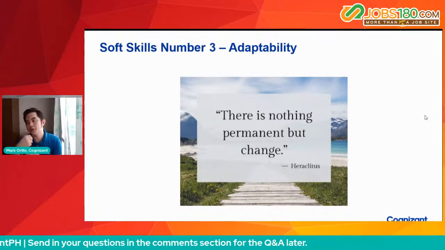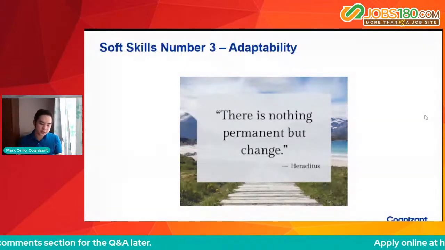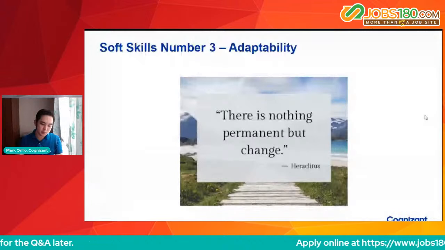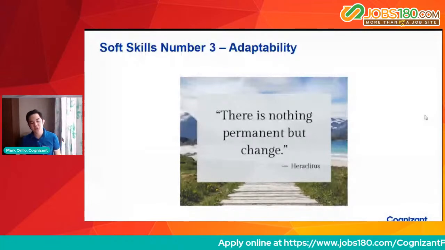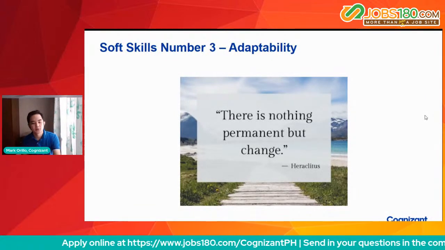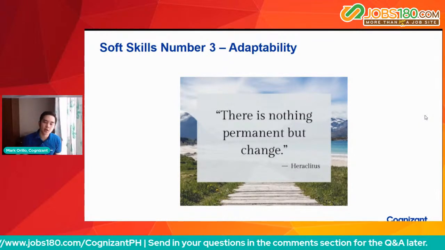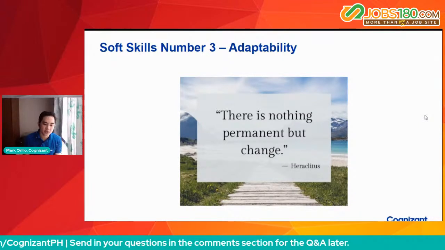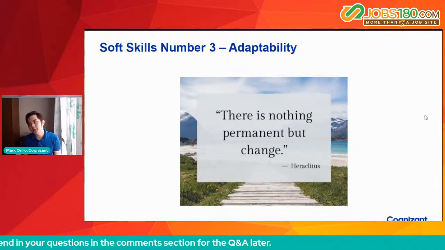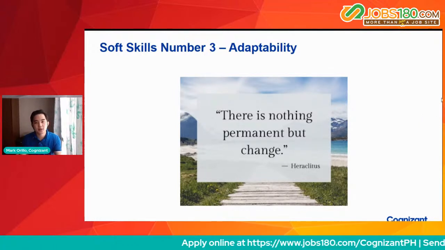So, di ba, sabi nga ni Charles Darwin, the strongest, parang hindi daw yung strongest of the species that survive is the most adaptable. So if you want a good mantra for adaptability or change, think of that without change, a flower would always be a seed. Okay? So adaptability is